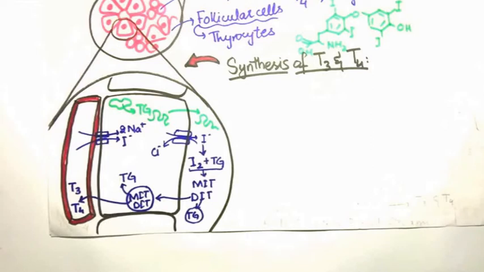When it binds with the TG, it will be transported back into the cell, and from here the TG will be separated, and T3 and T4 will be released into the bloodstream. The TG will go back to the endoplasmic reticulum, where it will be proteolyzed, and then it will be reused in the thyrocytes for further iodination of the thyroid hormone.